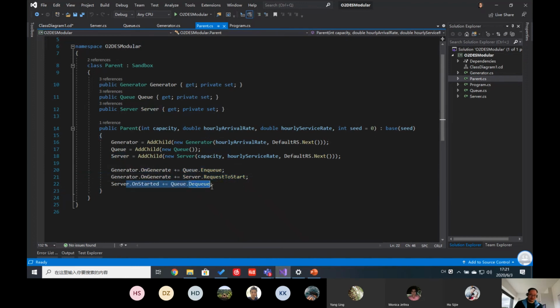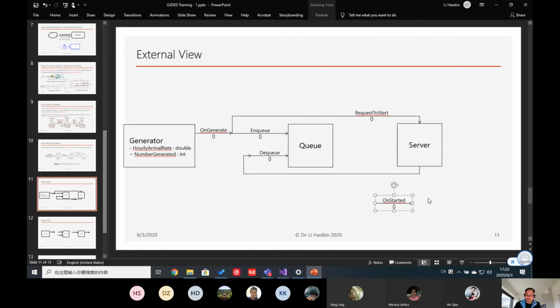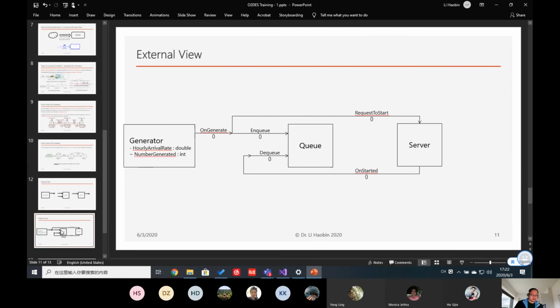Actually, I'm linked to the q.dq. So what I'm doing here is, for this server, I link this back to this one, so that this will be started. Sorry, there's an additional arrow here. Okay, so now you see that, oh, sorry, this will be,